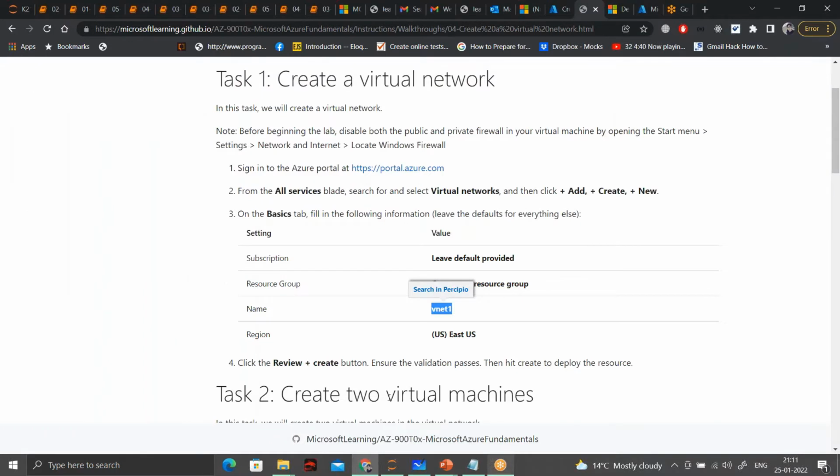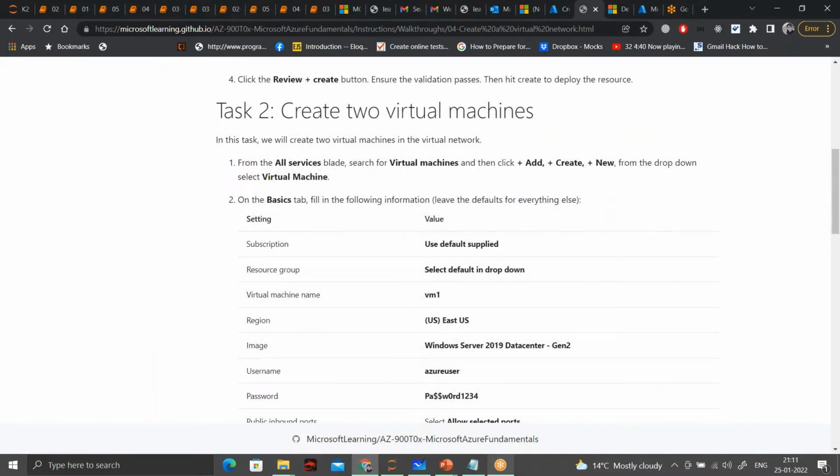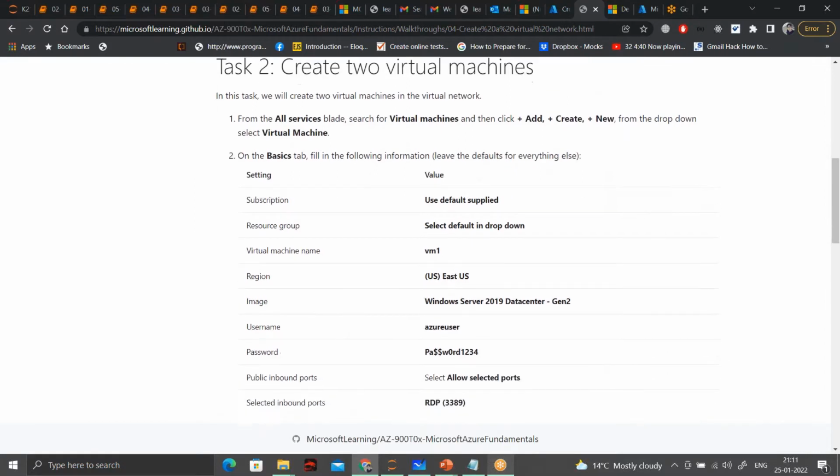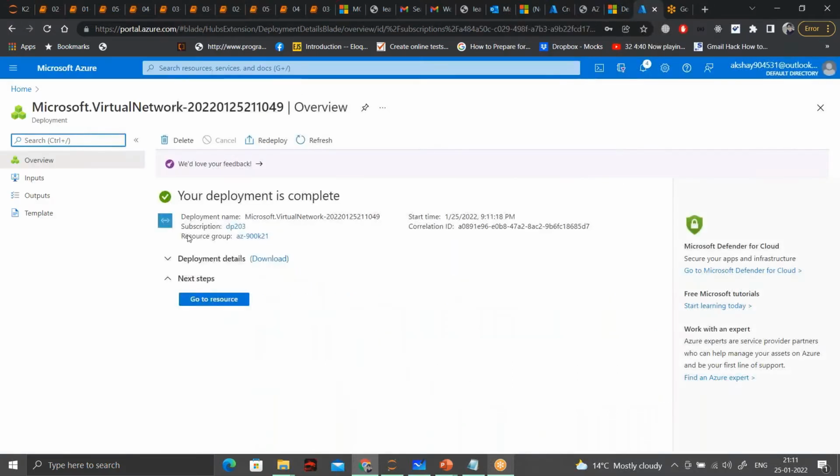After this, we have to create two virtual machines, just like we did yesterday, but this time in the networking tab, we will mention the virtual network that we had created. We'll be creating two virtual machines and keep them in a single network only. I guess this should be created now. Yeah, this is created.